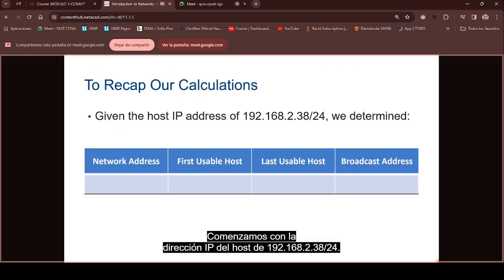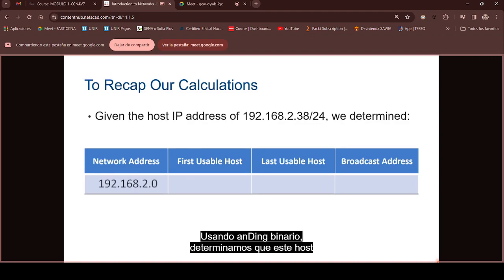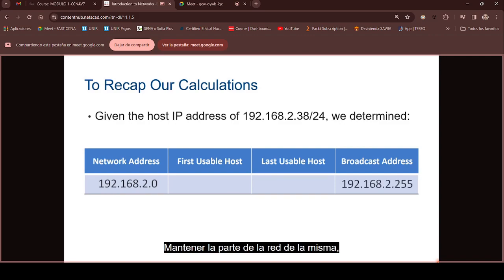We began with the host IP address of 192.168.2.38/24. Using binary ANDing, we determined that this host belongs to the network 192.168.2.0. Keeping the network portion the same, but placing all binary 1s in the host portion, we determined that the broadcast address for this network is